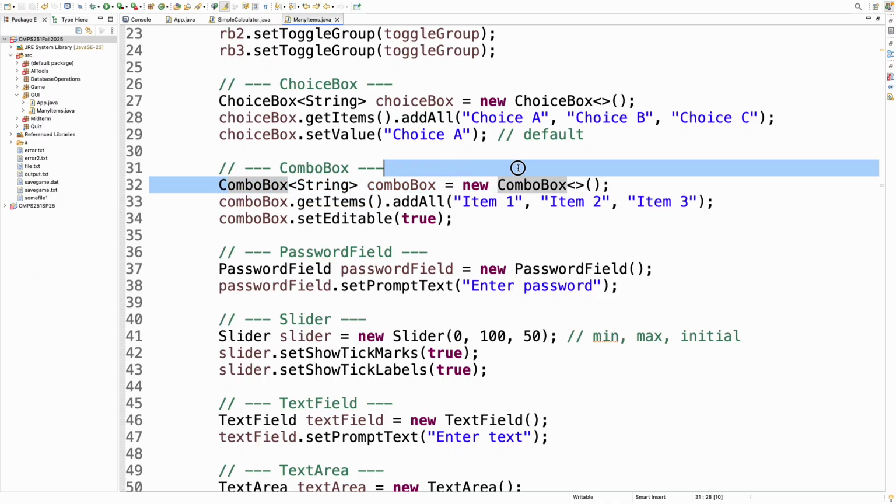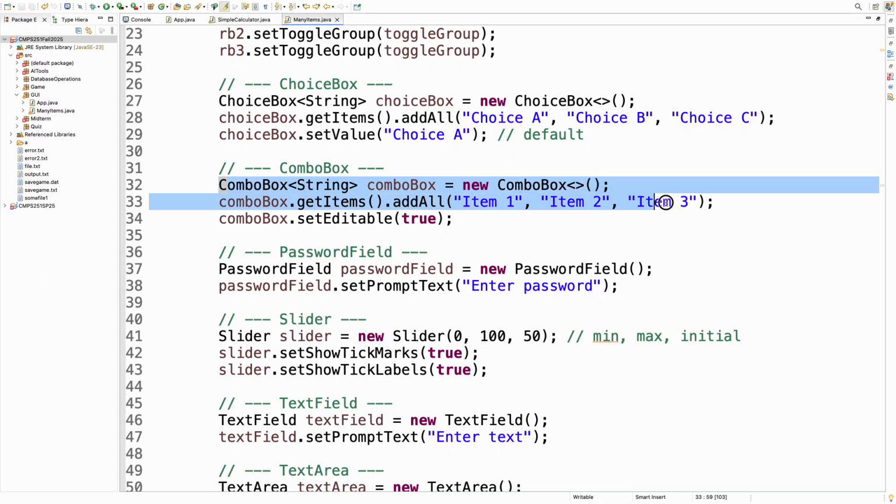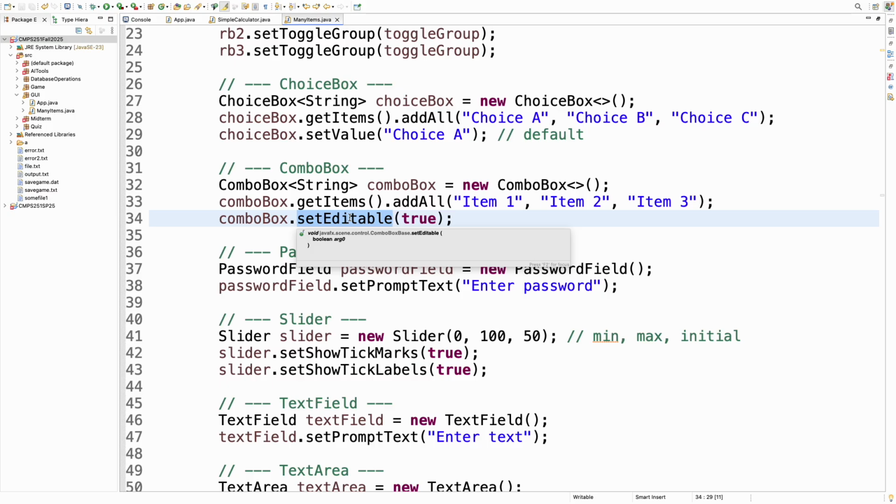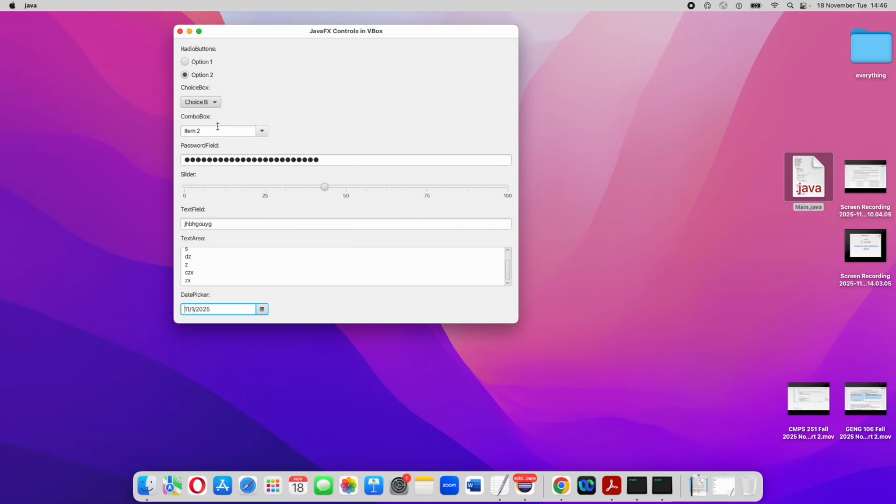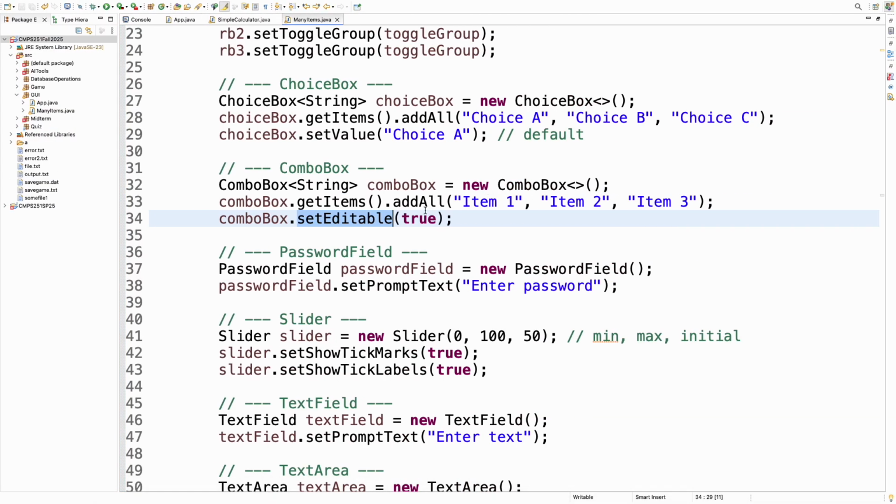Like for the combo box, we created it, we add items to that, and then we said set editable true. So it becomes editable. For this combo box, I can change whatever is selected there. But if you make it false,